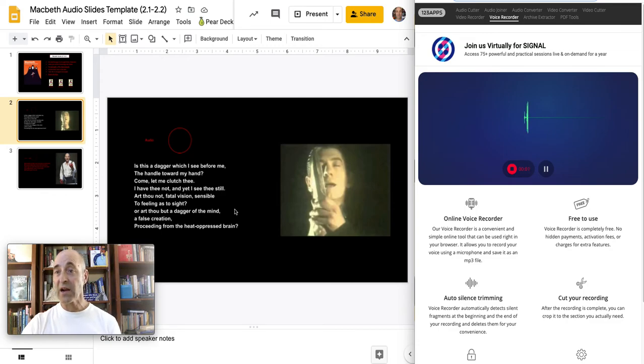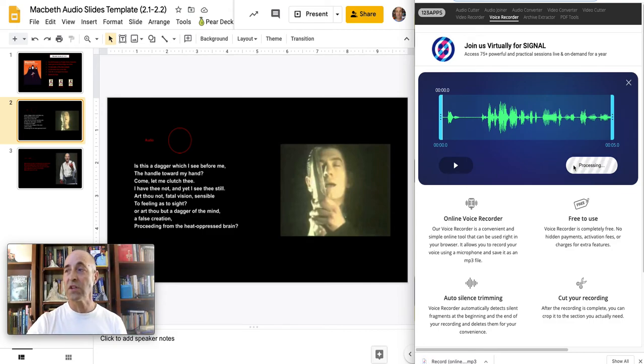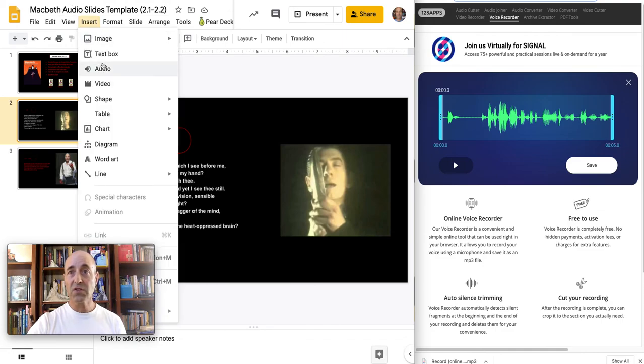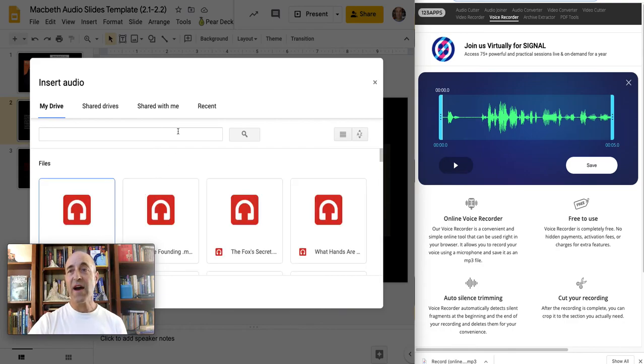Is this a dagger which I see before me, the handle toward my hand? I stop. I can edit it, or I can just save it. And when I click save, if you're logged into your Chromebook, this will save it straight to your drive. So I can go back over here, go to Insert, Audio, and when it goes to my drive, that file will show up. It'll either show up under Recent, or it'll show up under My Drive. You click that,